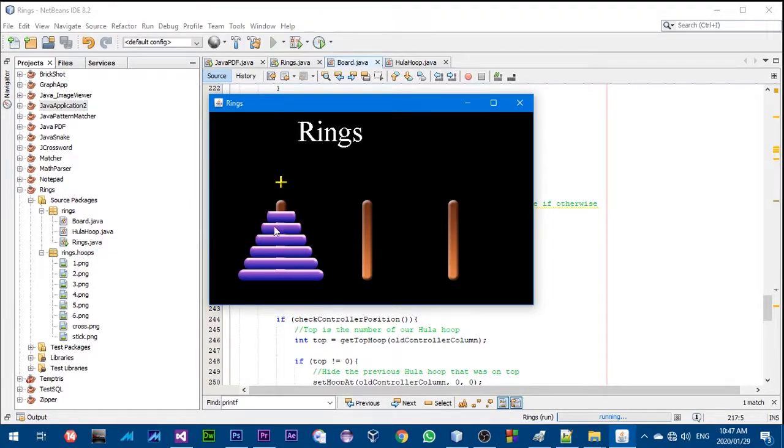Basically, the objective of the game is for you to lay out these purple rings here in this order, but on a different stick than the one it currently is. In this game you are able to take a ring that's on top and then place it here, and then take this one, but you're not allowed to place a ring that